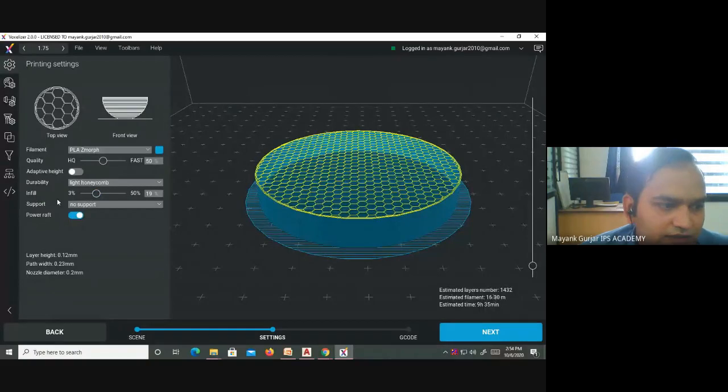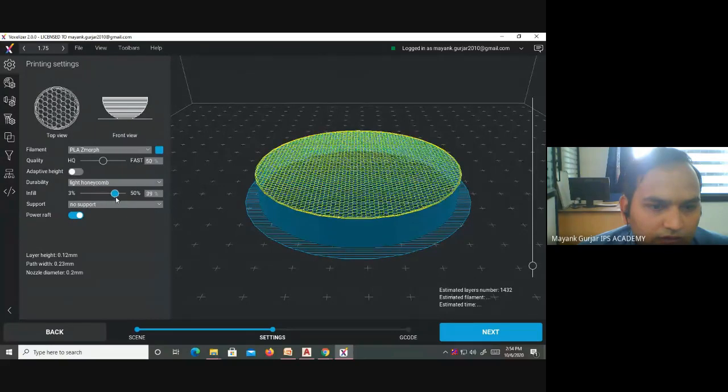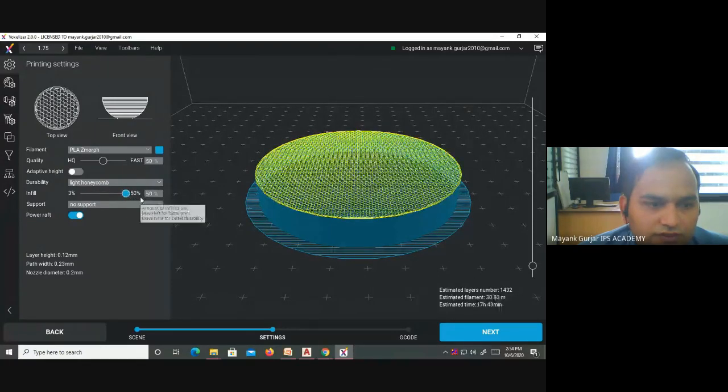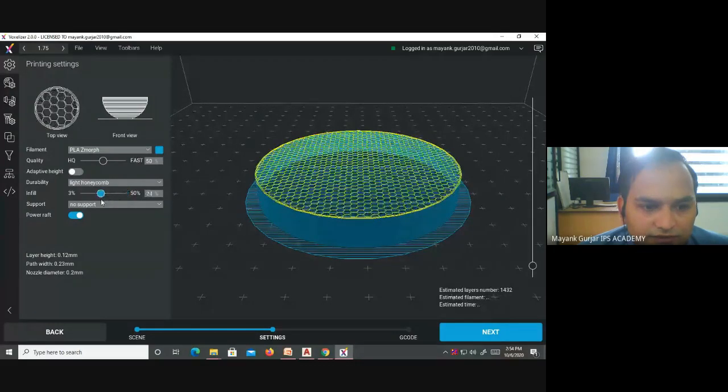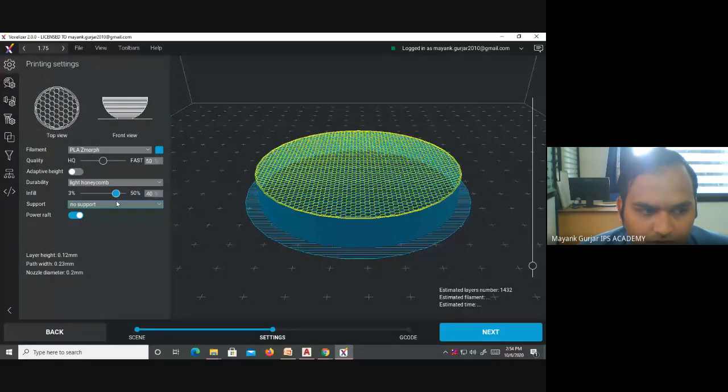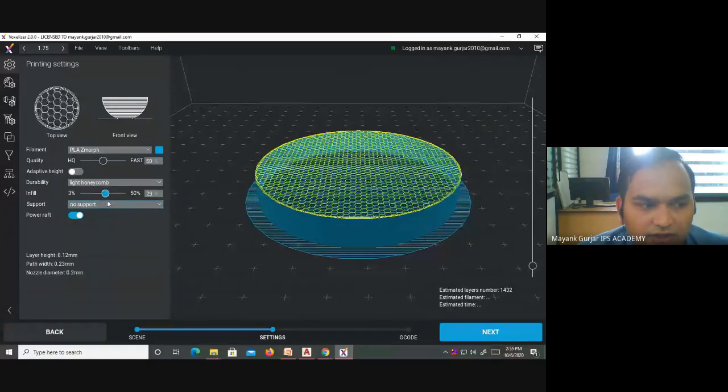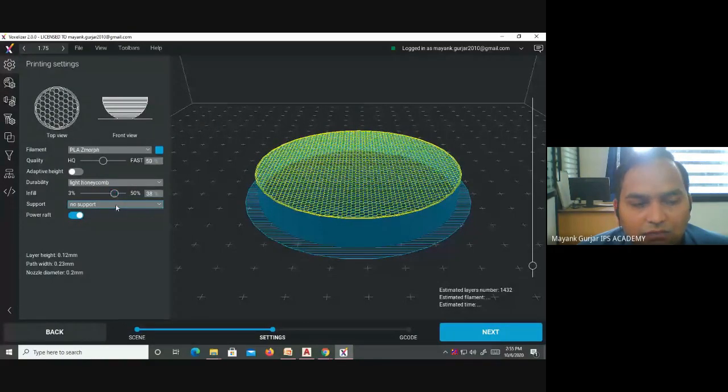We have also selected this infill of 19%, and we can move it like this. If we increase the infill, the part will take more time to print and its strength will increase.